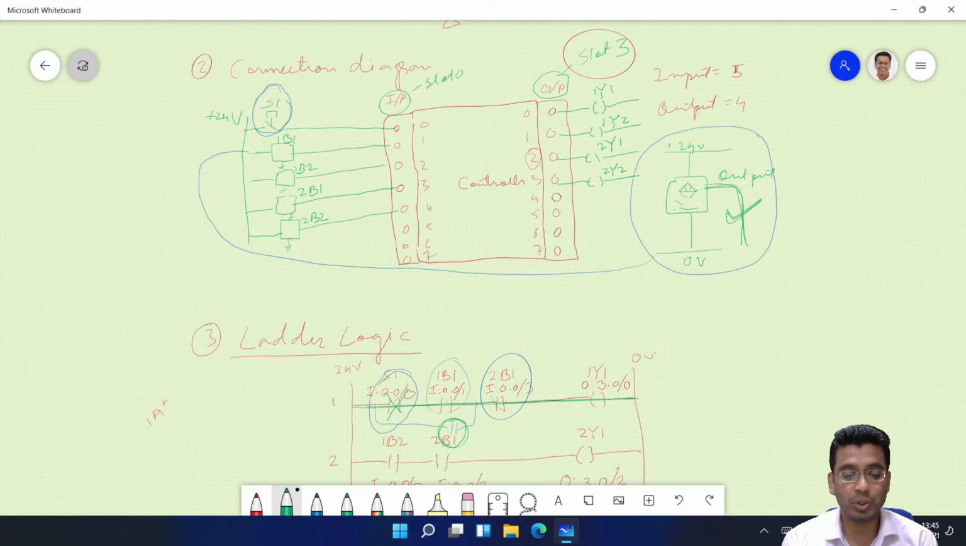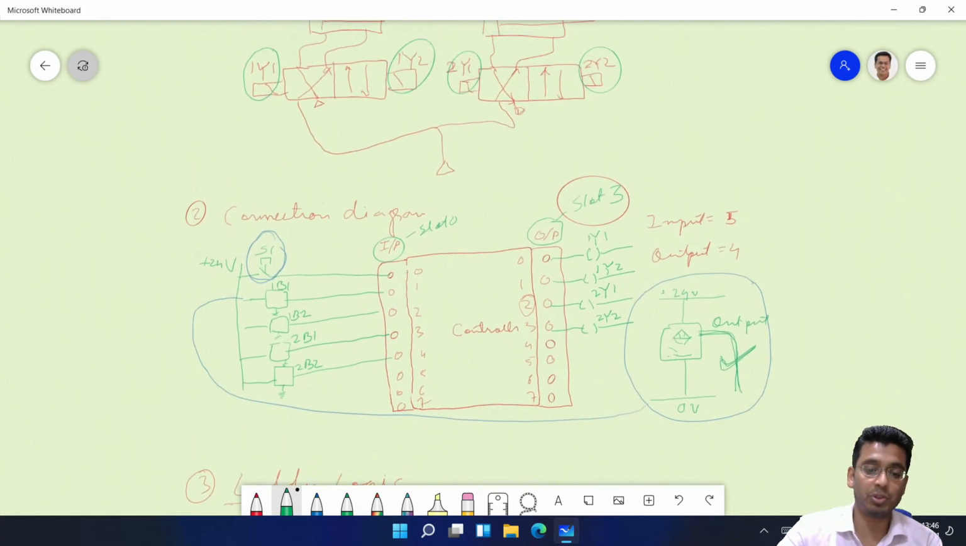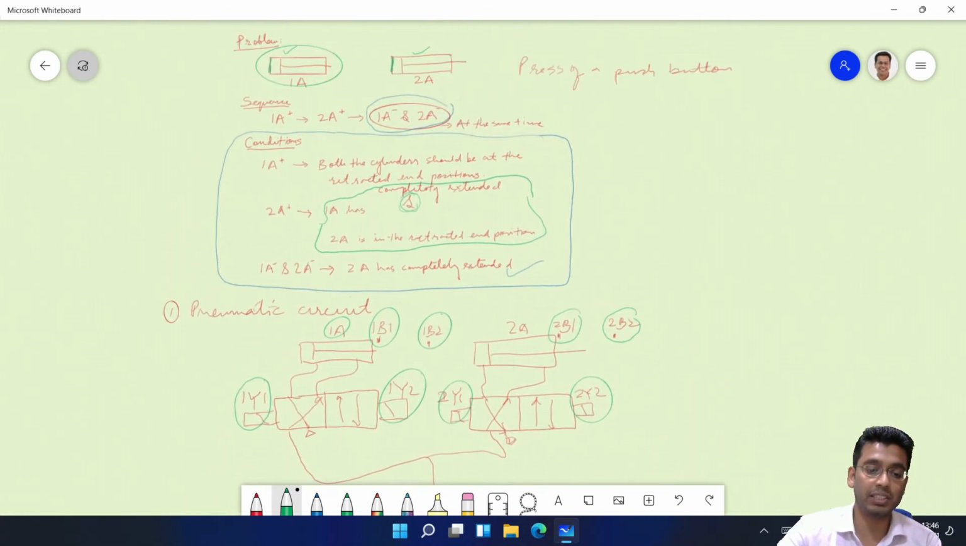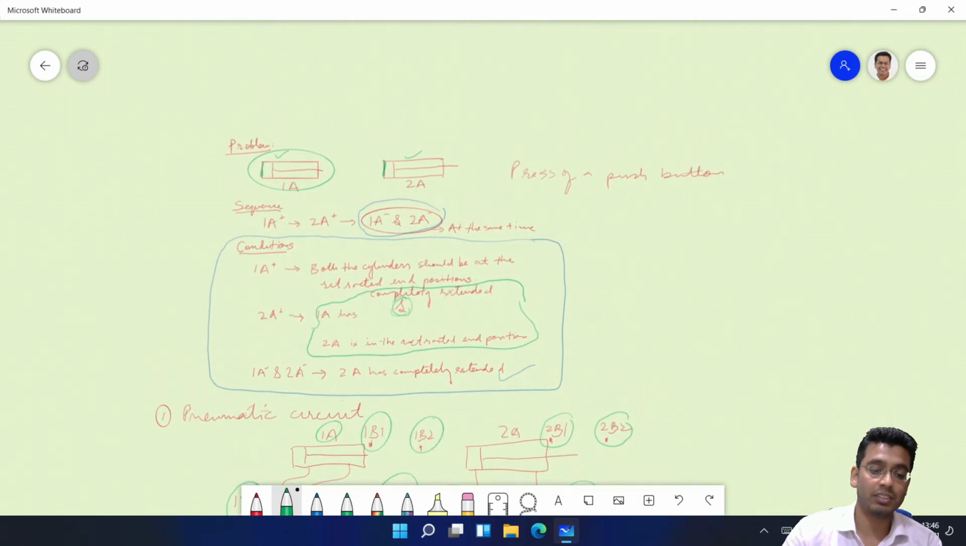Okay. Now you have this diagram here. Just try to change the sequence now. I am giving you the new sequence and you try to draw the PLC diagram. Fine. So the new sequence would be